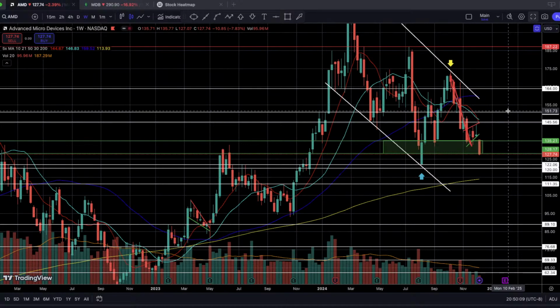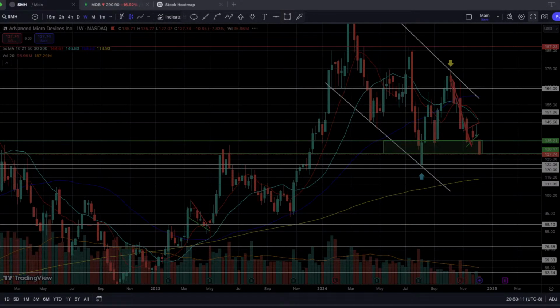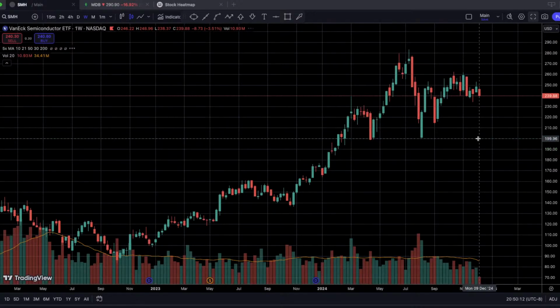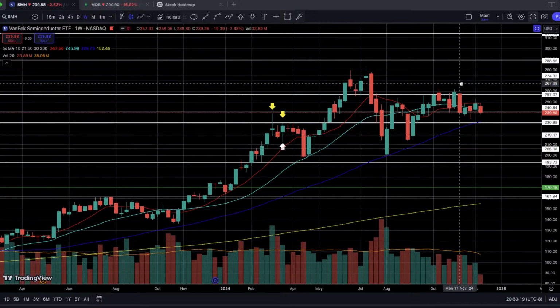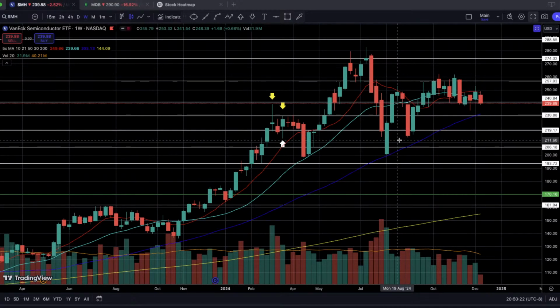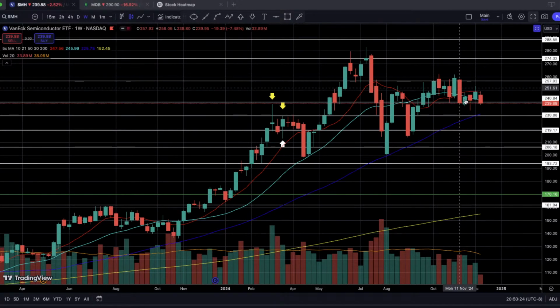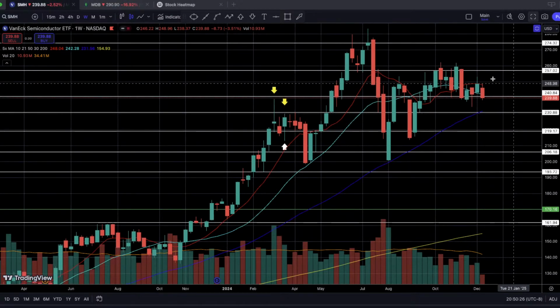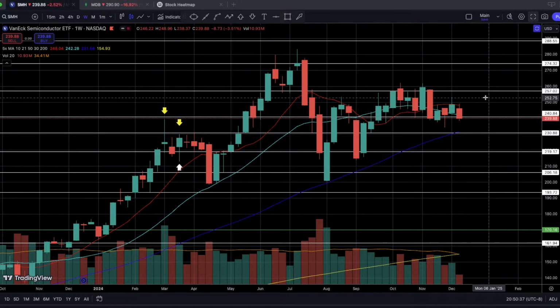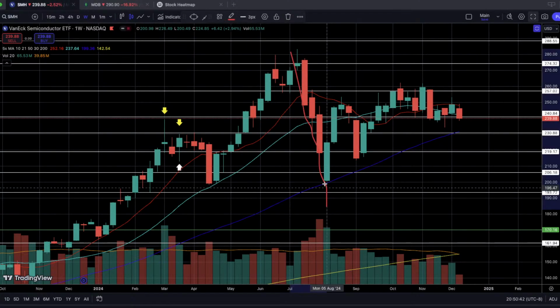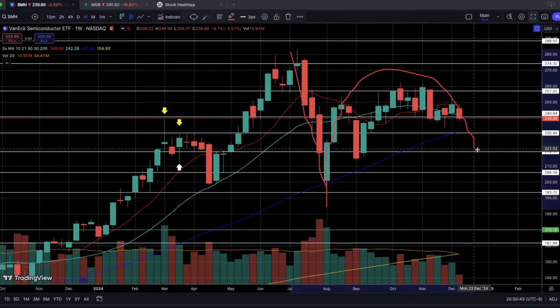With all that being said, let's take a look at the overall semiconductor sector, because they really sucked today. As I stated last week, we're kind of starting to consolidate and move sideways, but with this move lower, I'm seeing a nice little hump. We're seeing an H pattern forming as well, something you should be looking out for. Let me actually draw it here for you guys to see. So this is what we like to call a nice H pattern.